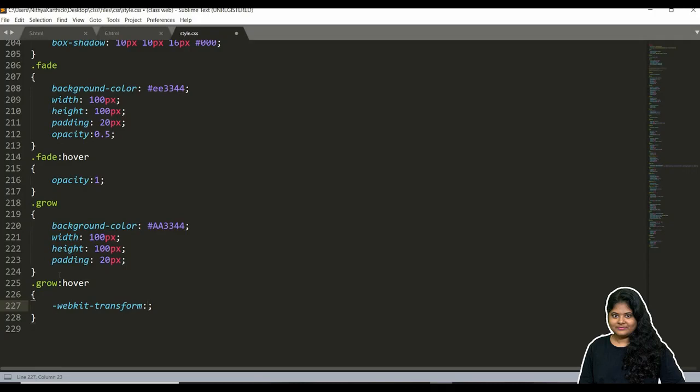Sometimes some code won't work in some browsers. To eradicate this browser incompatibility, we give it specially for that particular browser. When I give hyphen webkit, this particular line will work in Chrome and Safari.